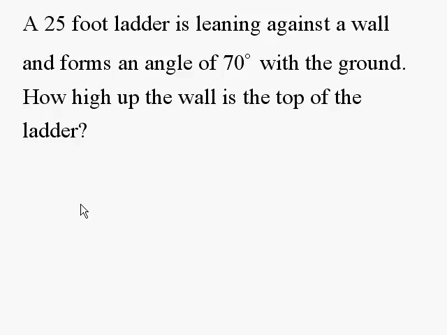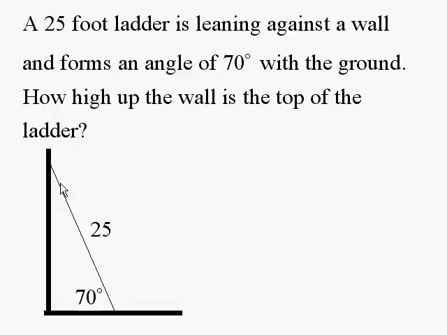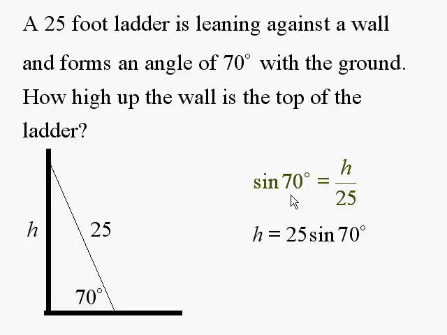Let's draw a picture to make a triangle: 25 feet for the ladder, 70 degrees for the angle, and how high that reaches up the wall is what's asked for. That's clearly the side opposite this 70-degree angle. So we can answer the question by applying right triangle trigonometry. Sine of 70 degrees is opposite over hypotenuse, h over 25. So h, when you solve that by multiplying both sides by 25, is 25 sine 70,